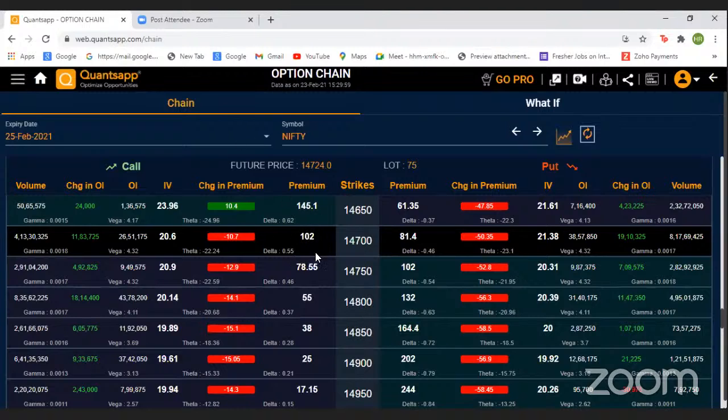You can pick up your script from different setups. So I'm giving you a very realistic example. Let's say I bought a call option at 102. The price is 102 right now. Let's say we got it at that price, and at the end of the market day we bought at that. So now if I have to exit my trade,